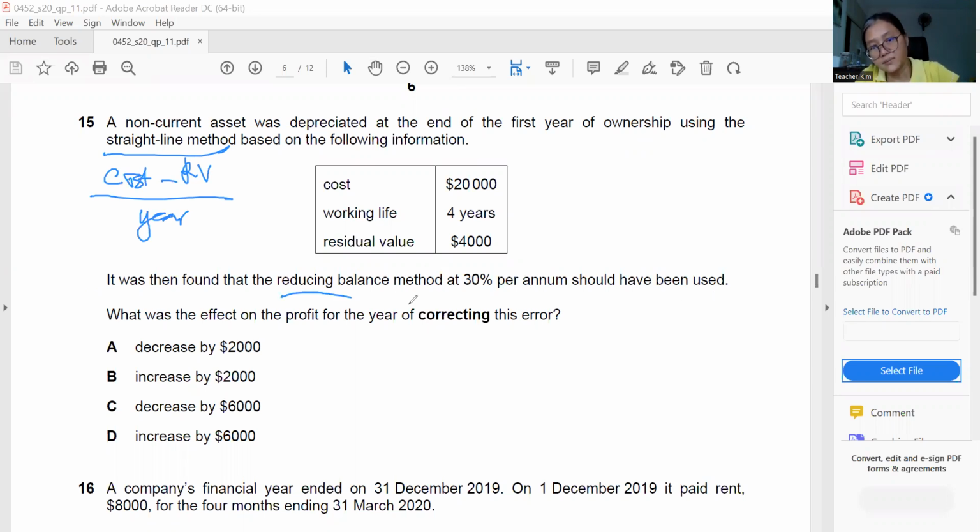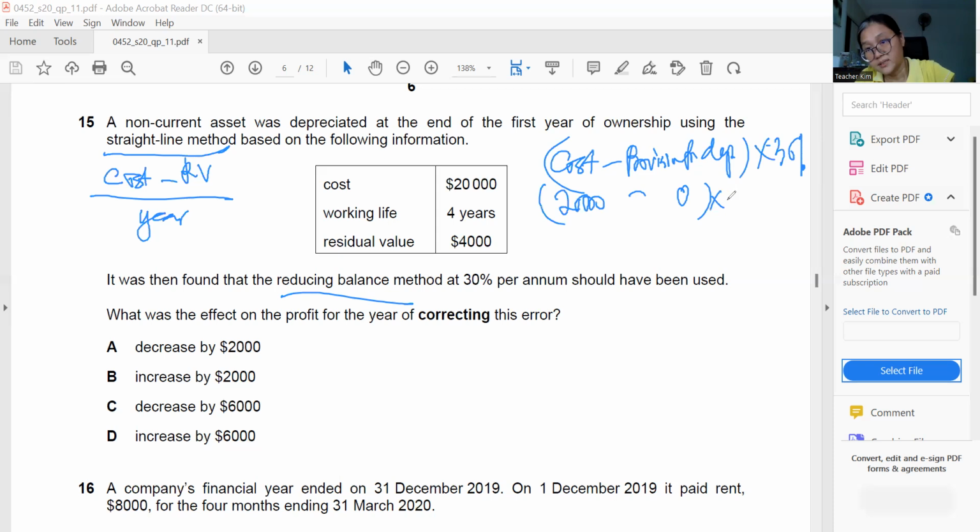So reducing balance method, because this is the first year, take the cost minus the provision for depreciation and then times 30%. But because this is the first year, this provision is 0. So you take 20,000 minus 0 times 30%. Okay, so here you get 20,000